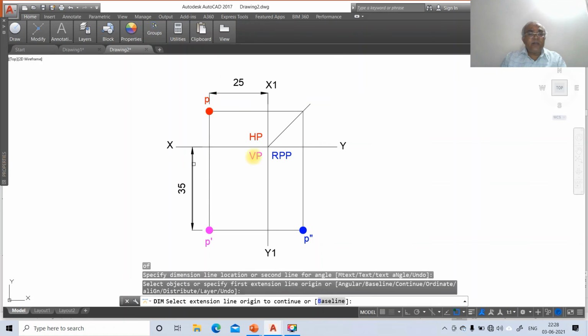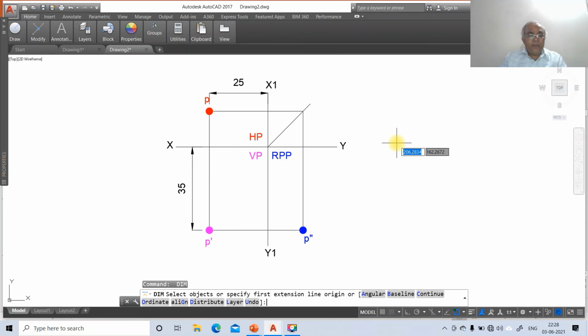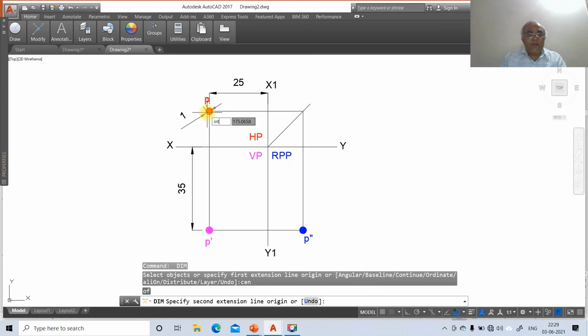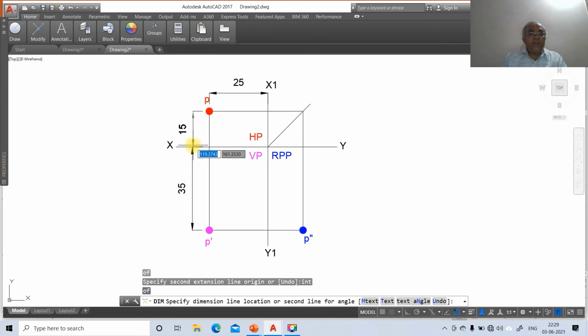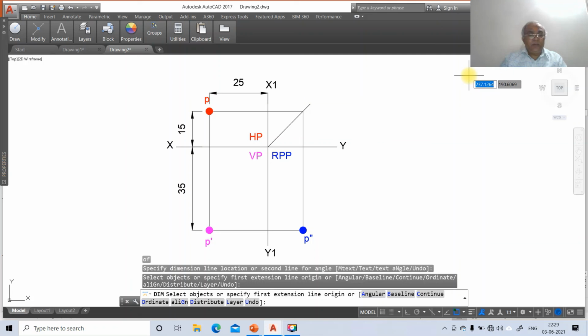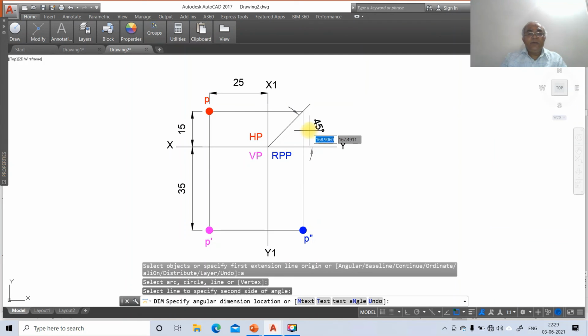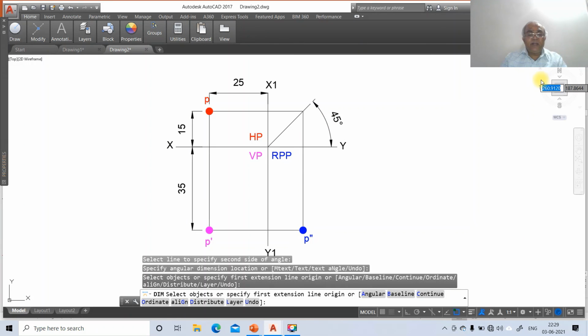Take this distance as 35. Again, center of this and intersection part of this, and this distance as 15. Then go to angular, select this line and select this line. So this is the angle of 45 degree.